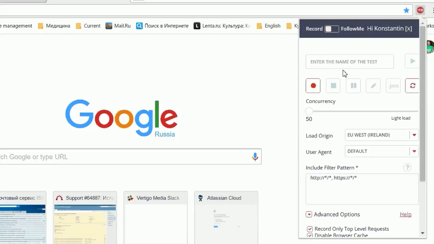So let's go up here and enter the script name. For example, test blaze demo 11. Let's set the concurrency number. We can either use the slider or we can go down here and we can actually type the number. So I'll go ahead and down here and type 20